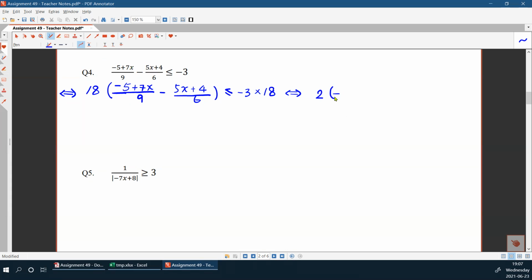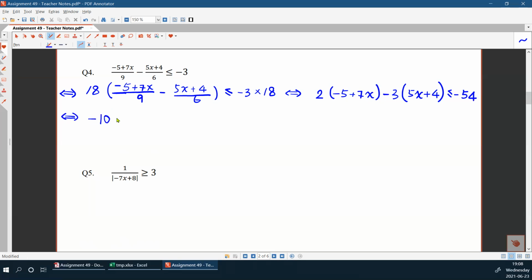Okay, so the left-hand side becomes 2 times minus 5 plus 7x, and subtracted by 3 times 5x plus 4. And the right-hand side is minus 54, right? Okay, so this is equivalent to